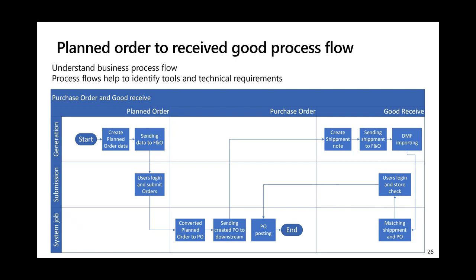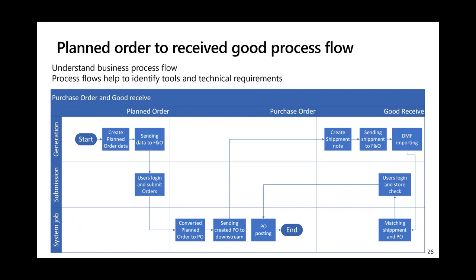For example, in the generation role, there should be a program to produce the data. It means I need to develop a program. I need the data to generate the transactional data in the program and send it to the system. In the submission role, it means I need to simulate the user activity for their submission. You can see in the detail steps,